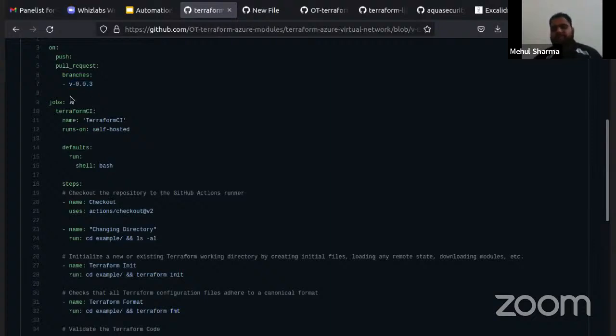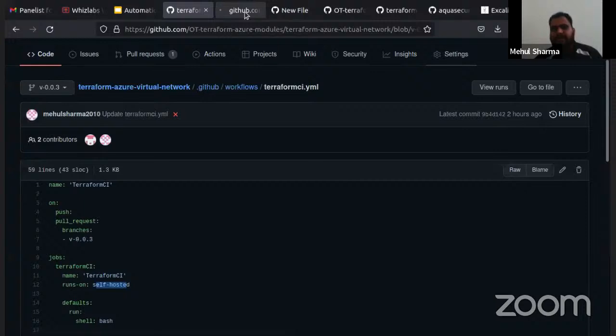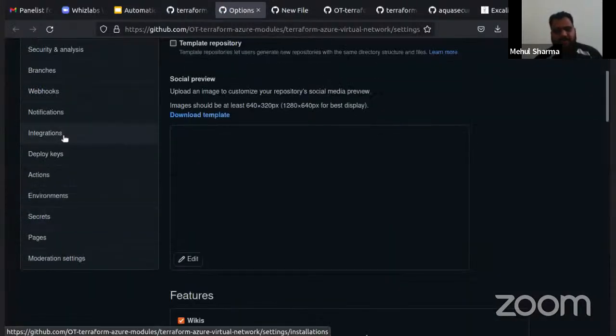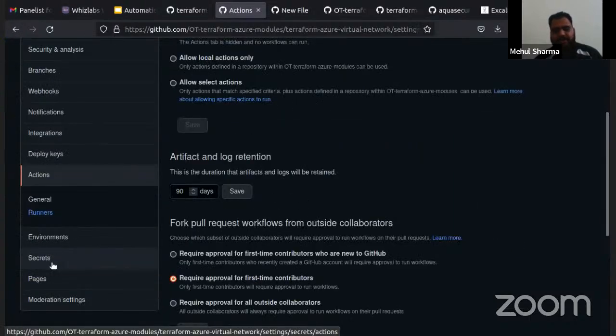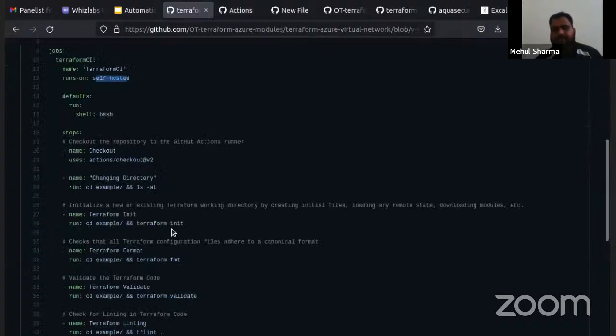That is done. Other than that, for how the job is working, we can define the name here. Like in Jenkins, it also allows you to use self-hosted agents. In case you want to create your own, in the settings section, in this actions area, you get the option to create your own runners as well. If you want to, we have created one, which is connected, but in case you want to create more, you can definitely go with that. So we are also using our own